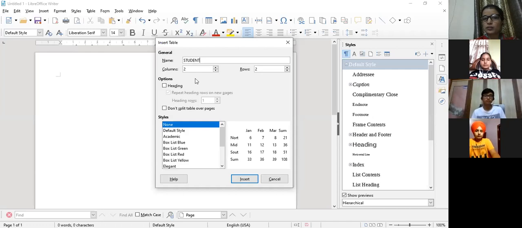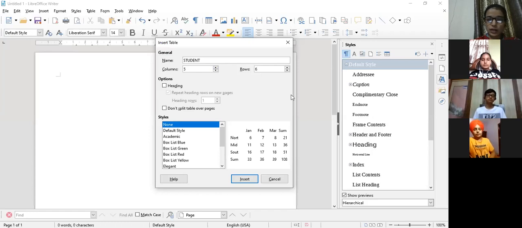By default, how many rows and columns is it specifying? 2. I need more than 2 columns, so I'll increase the number of columns, or you can type it also. It's your choice. And 6 rows I require. Clear?